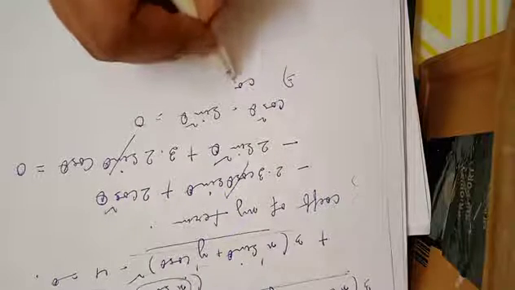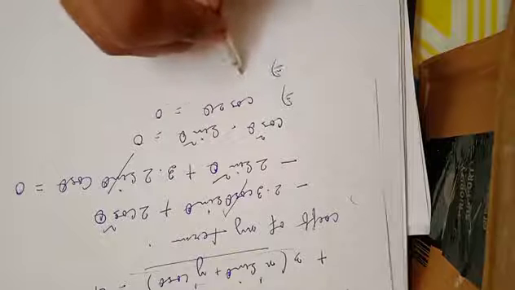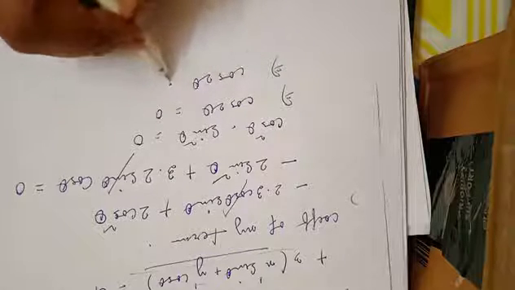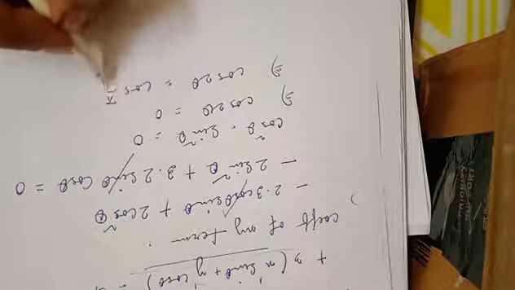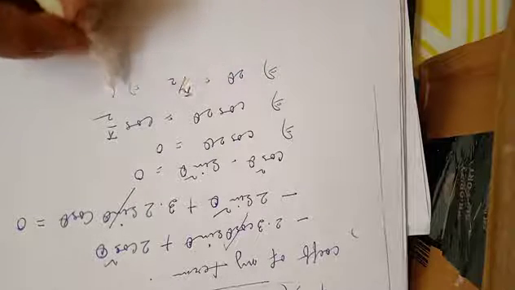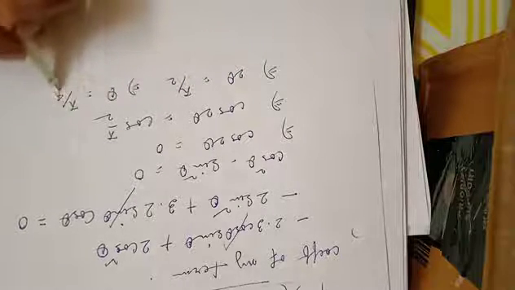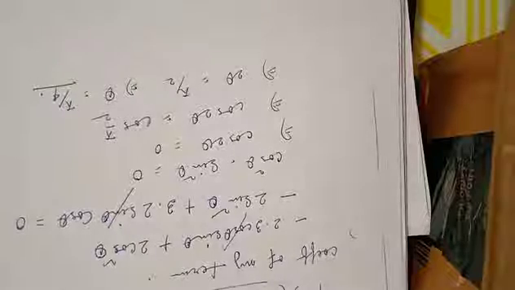That is cos 2 theta equals to 0, which is cos 0, that is cos pi by 2. So 2 theta equals pi by 2. That means theta equals pi by 4. So this is the required angle. Now